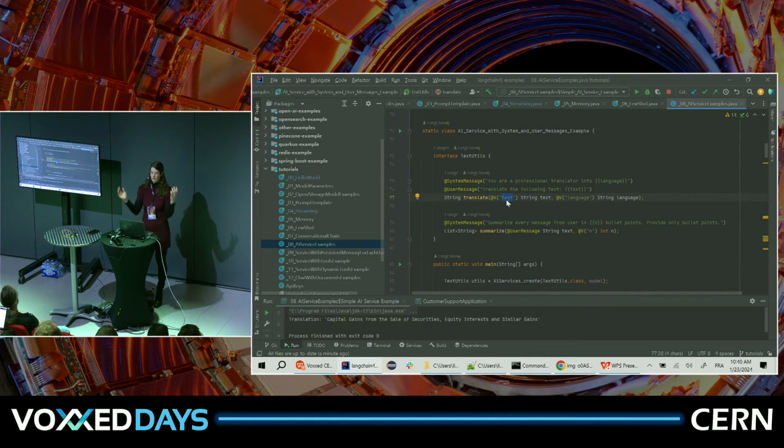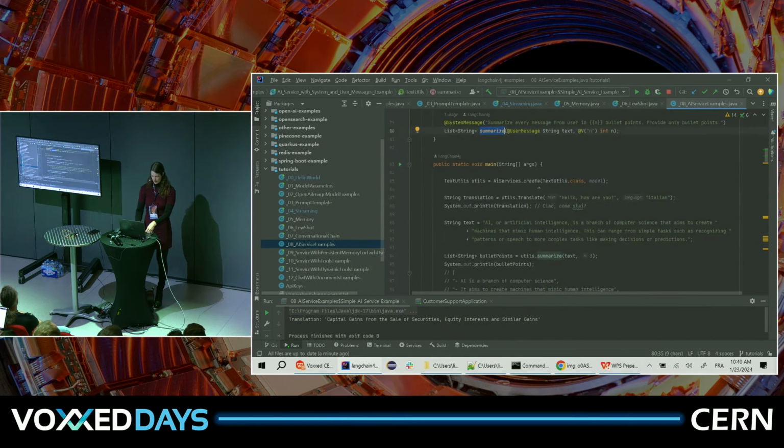All we have to give in our translate method is the text and the language we want to translate to. This gives back a string. But we also have a method in there, summarize. And our system message says summarize every message from the user in n bullet points. And n is our variable together with our text. And we get back a list of string.